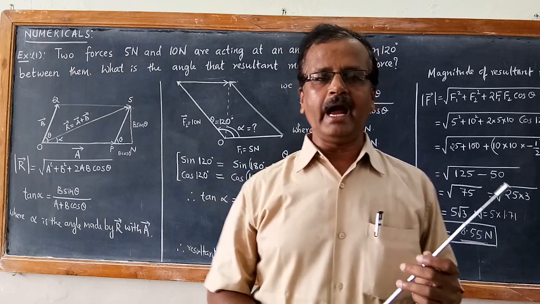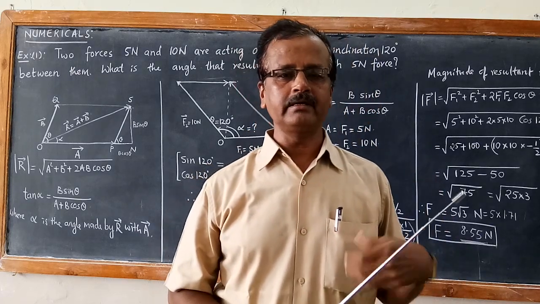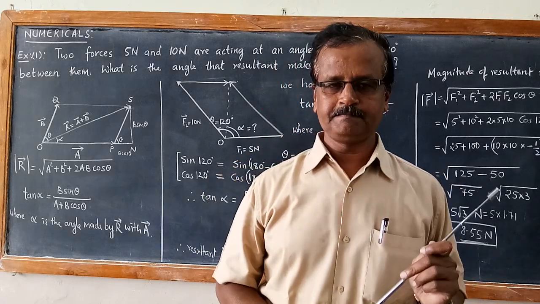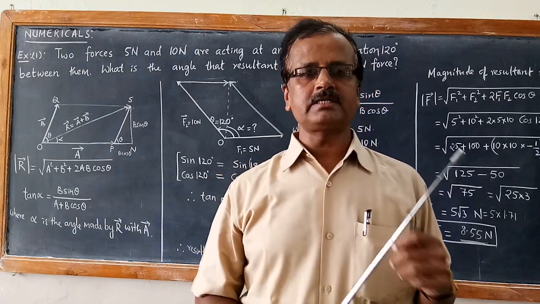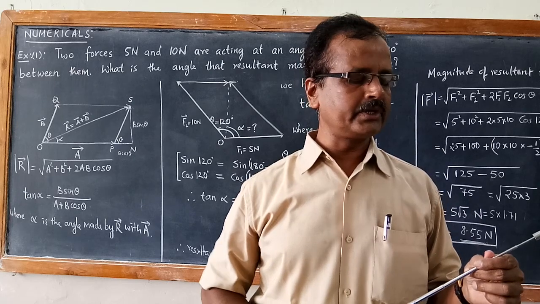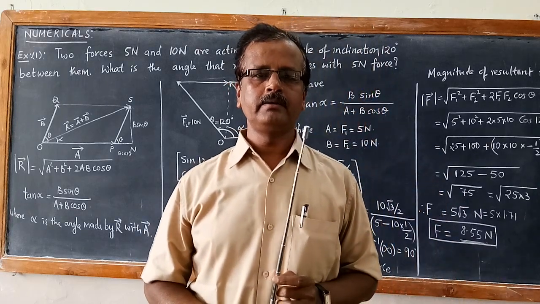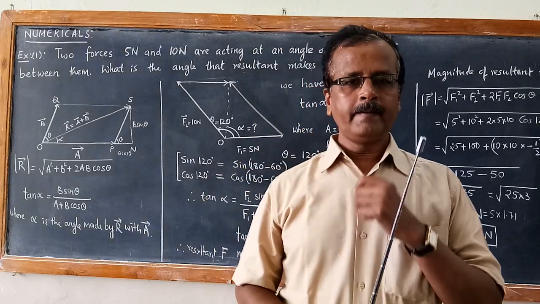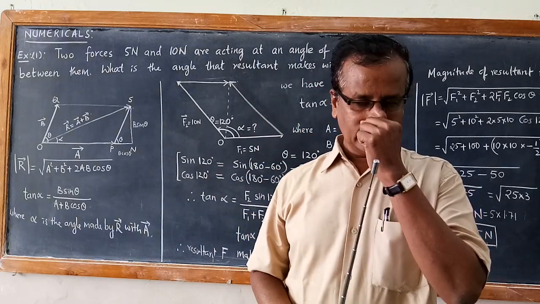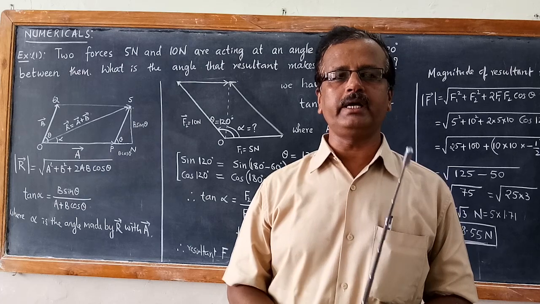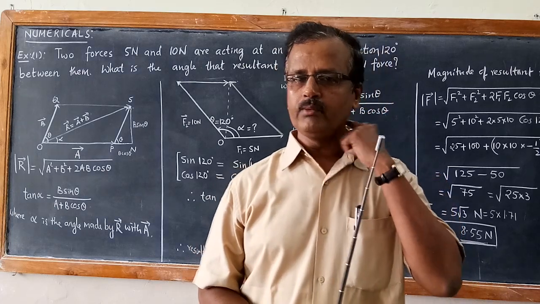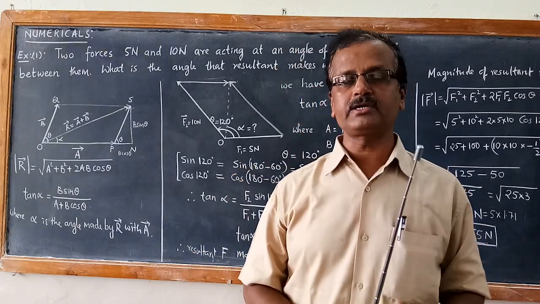So you cannot just add vectors like scalars are added. There is a particular method of vector addition. We have learned the triangular method as well as the parallelogram method. Now let us solve a problem so that you will understand the meaning of vector addition and finding the direction